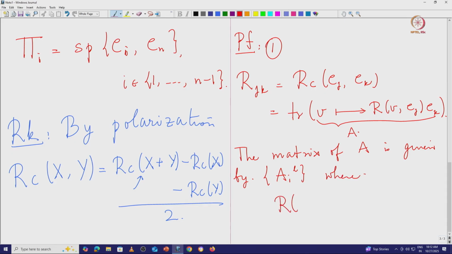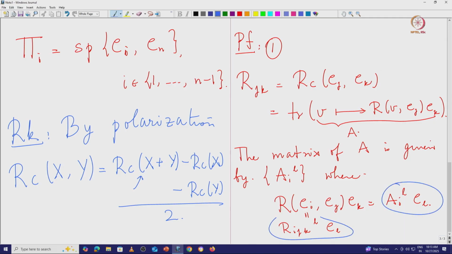Well, you apply R to (E_i, E_j, E_k), this should be equal to A^l_i times E_l. By definition, that is how you write down the matrix of a linear transformation, right. But by definition this is also R_ijk^l times E_l. So now just equate this with this